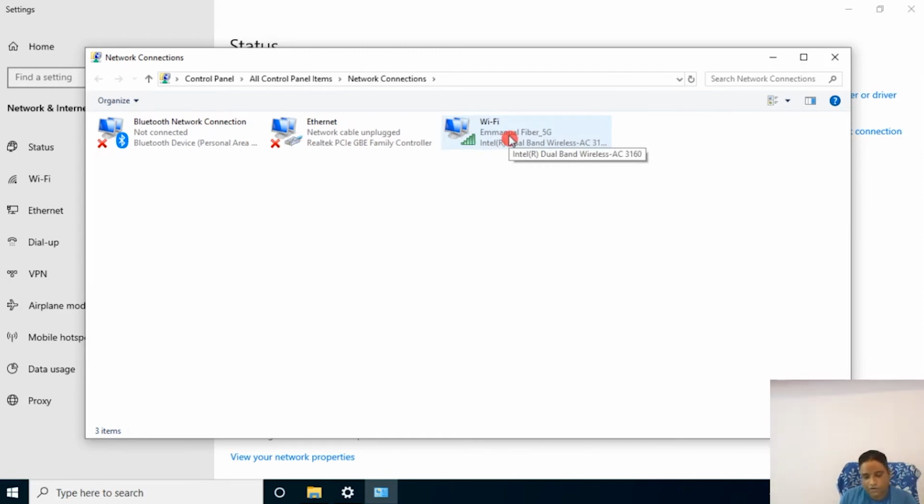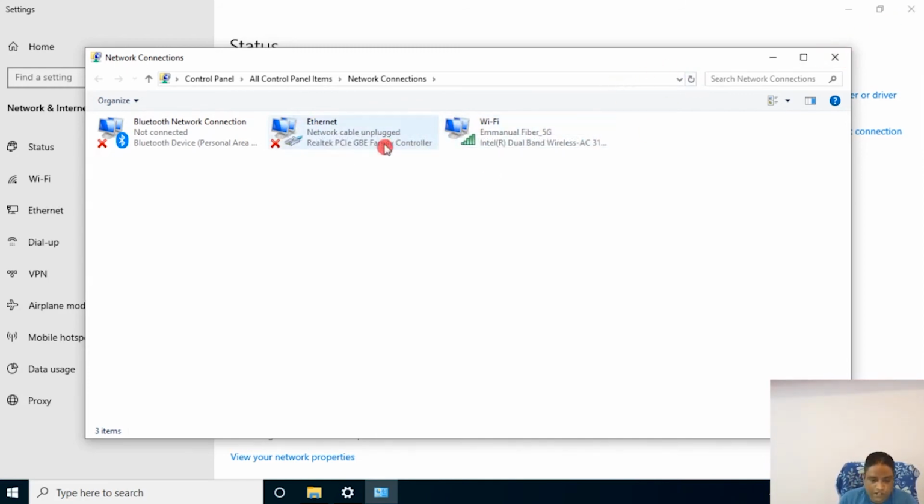So Wi-Fi and Ethernet are two different things. Ethernet is through wire, Wi-Fi is without wire. I am connected to Wi-Fi with the help of a wireless router. So I have Wi-Fi wireless on the laptop, and I have Ethernet also.